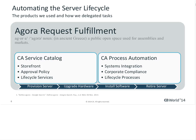The Service Catalog provides a storefront that is very, very simple and easy to use. Now, we implemented it using a shopping cart design so that our customers could show up, and if they had a project they were working on that needed 4 servers, and each of those servers was going to be fulfilling a different role, and they also needed servers for their test environment, they could request all of those machines at the same time in the same request